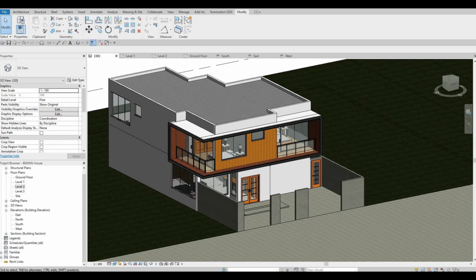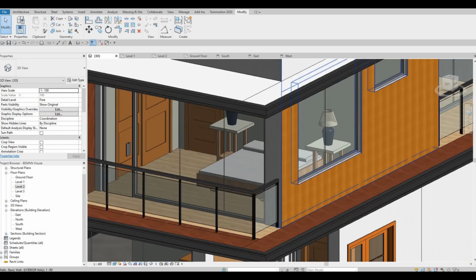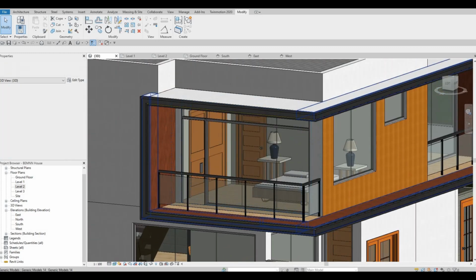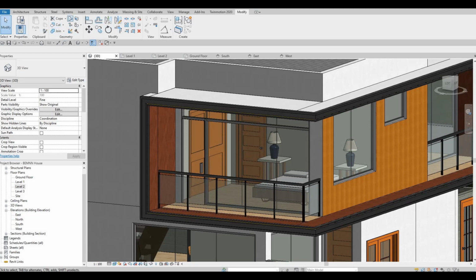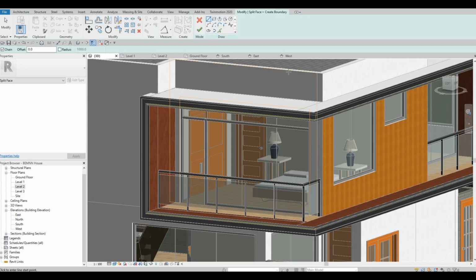So in the previous video, we were able to create extrusion. So we're modeling out our model. Now we're gonna continue working on this. I noticed that I haven't done this part yet, so we need to split this one as well. Let's click on split face and then select this wall. This wall we need to split